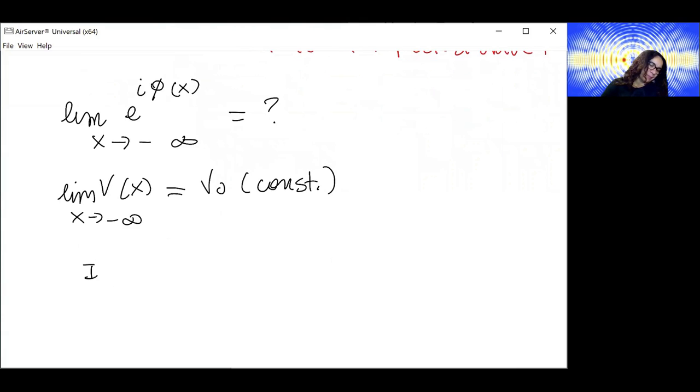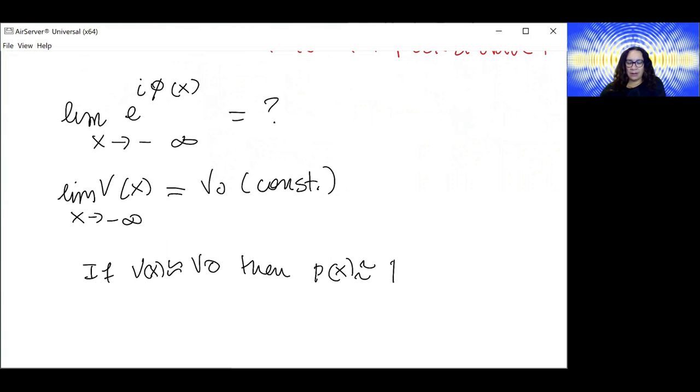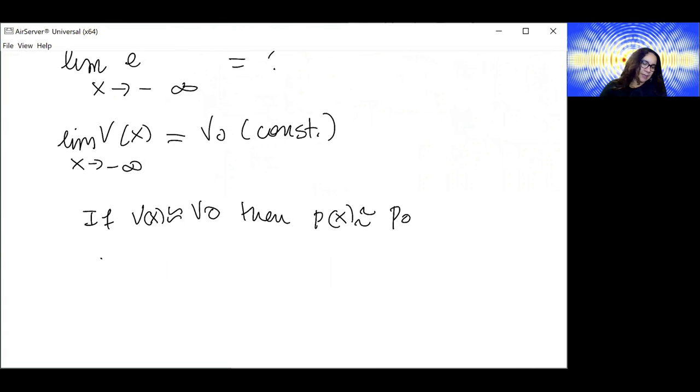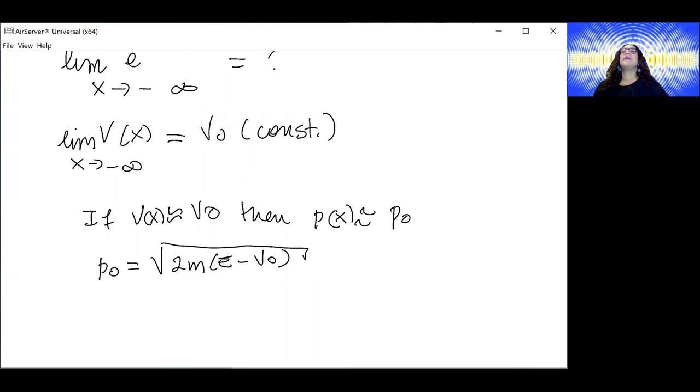So if V(x) is approximately V naught, let me write V(x) to make it clearer, then we know that p(x) is going to be approximately p naught, which is defined by the square root of 2m(E minus V naught). So far, so good. So what I'm going to do is again split this integral, and I'm going to write,